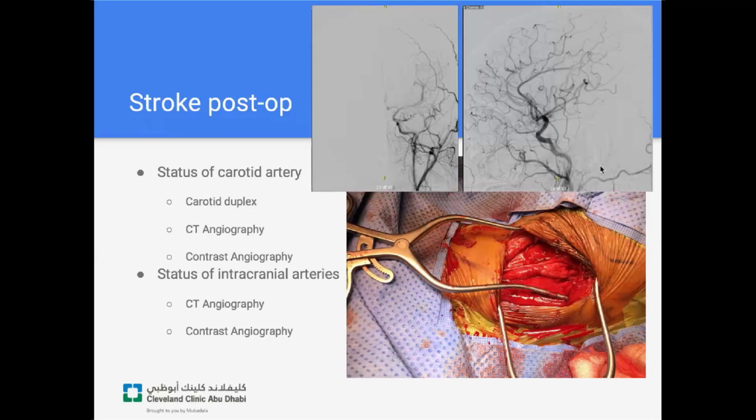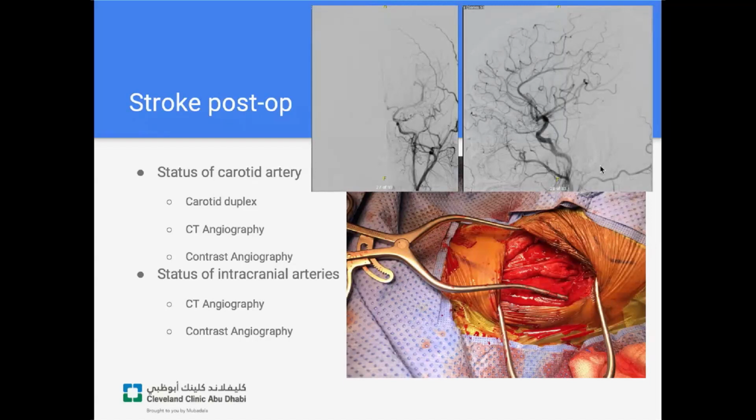The carotid ultrasound may be hampered by either the presence of a drain or hematoma. The postoperative wound is hard to insonate through. It may be quite painful to do so, but it is possible to get a reasonable picture of flow most of the time. The better study is the CT angiogram, but it does involve contrast. It'll give you a picture of what's going on at your operative site and in the brain.